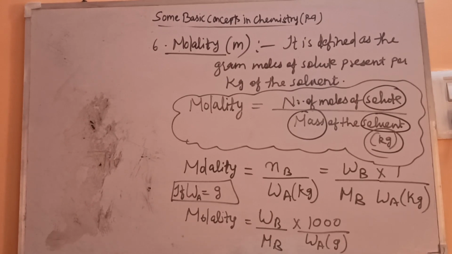Okay, so this is molality, that is the number of moles of solute per kg of the solvent. So solvent and solute terms are important here, and the mass has to be taken instead of volume that we have taken in the molarity. So there is a difference between molar, molal and the mole.